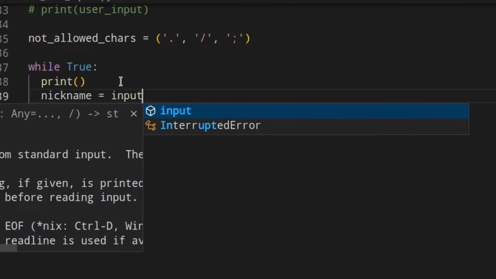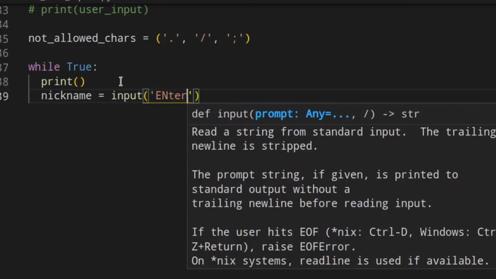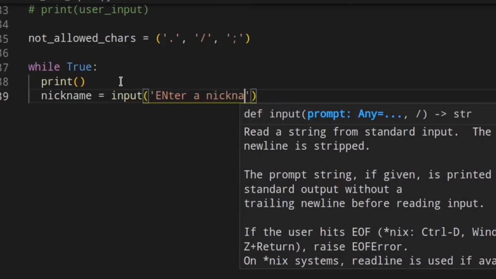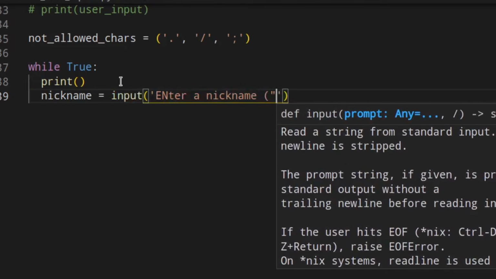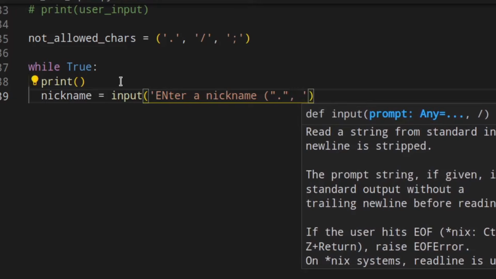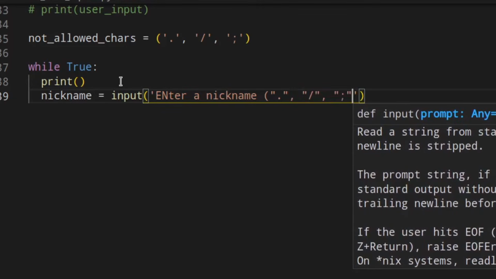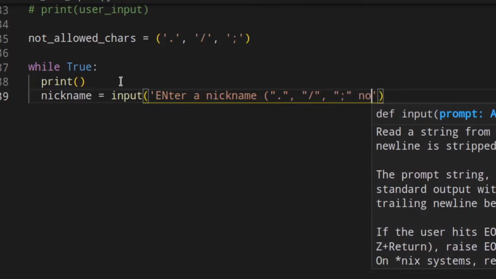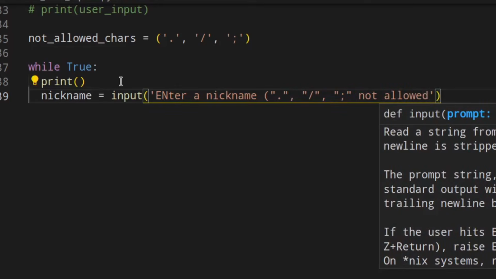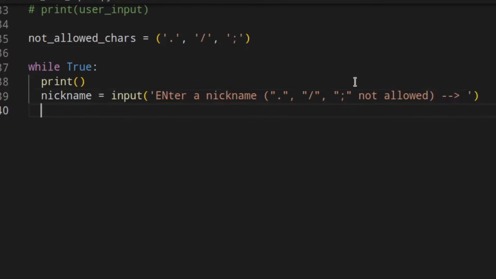Do something like input, enter a nickname, and then not allowed. Okay, so the user knows that they cannot enter these characters.